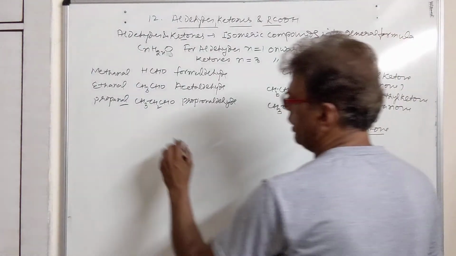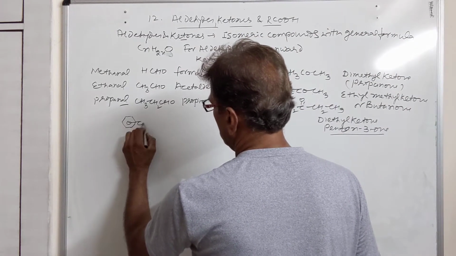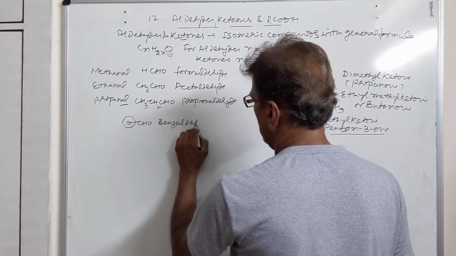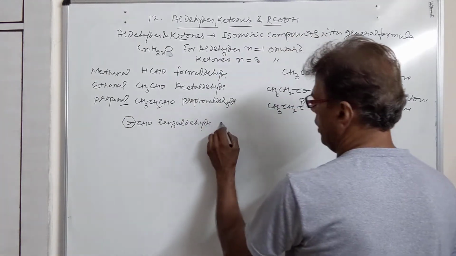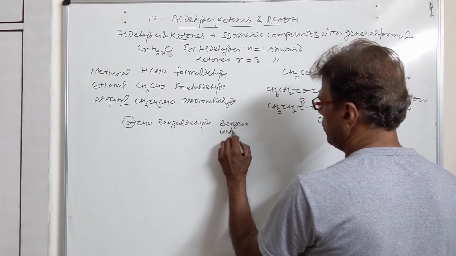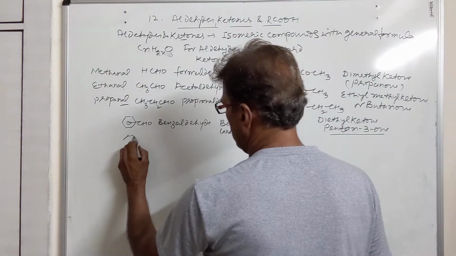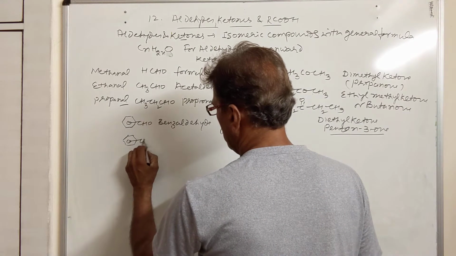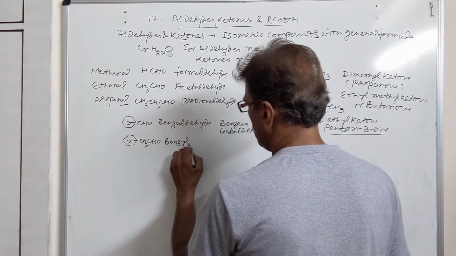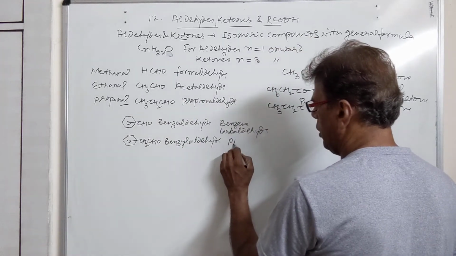Then we come to the aromatic system, aromatic aldehydes having a benzene ring. This is benzaldehyde; the common as well as IUPAC names are the same. IUPAC-wise, it is more correctly called benzene carbaldehyde. Then we have some other derivatives. This is phenylacetaldehyde, or 2-phenylethanal.